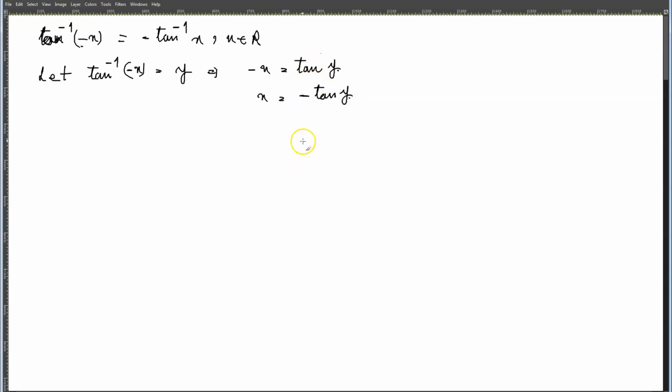Now we know that tan of negative y is equal to negative tan y, which means that I can write this as x is equal to tan of negative y,